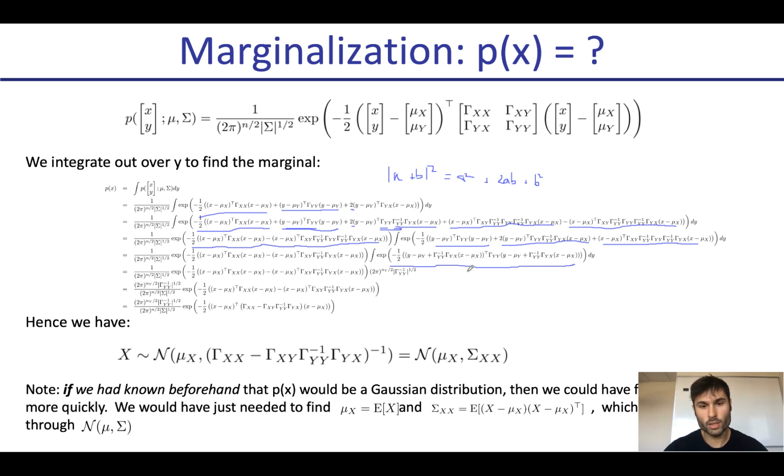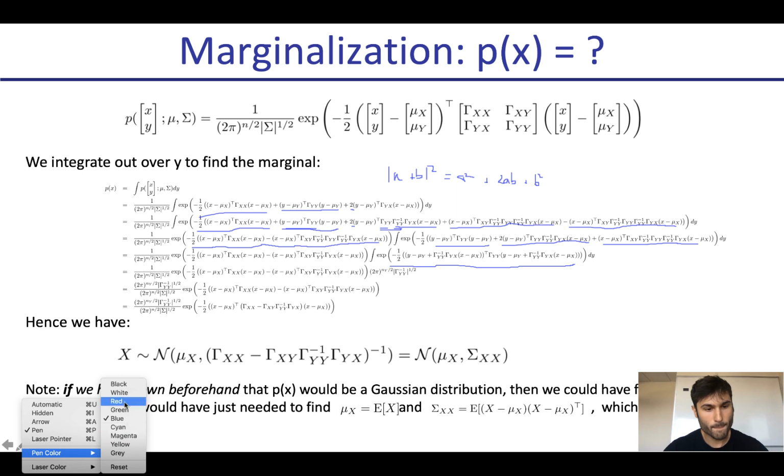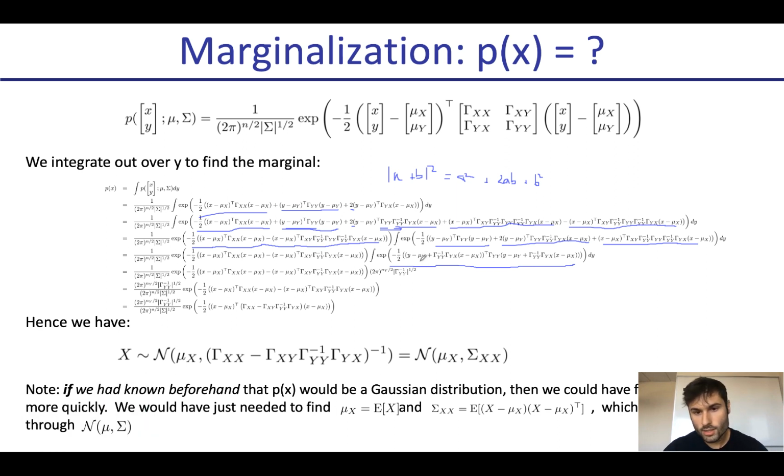And now essentially we have the form that we wanted, that we know the integral of. We can consider that this is the mu term of a Gaussian. This is the inverse of the quadratic, and this is again the mu term. Right? So now we can plug in the formula that we obtained for the PDF of a Gaussian, and with some algebraic manipulations, we obtain that this is the marginal of